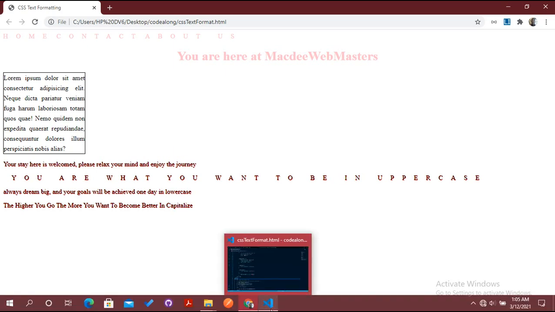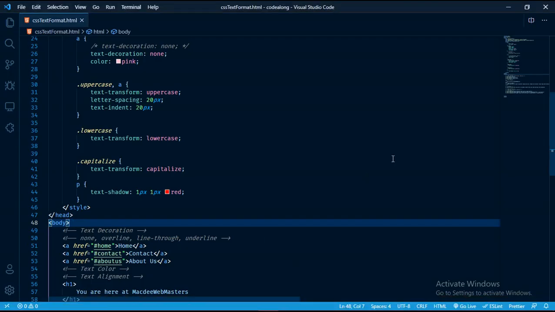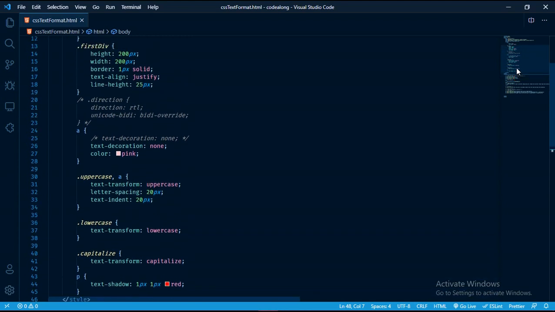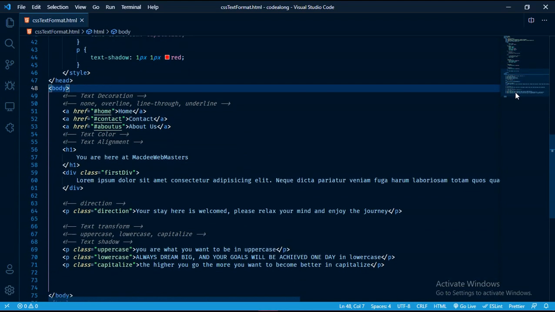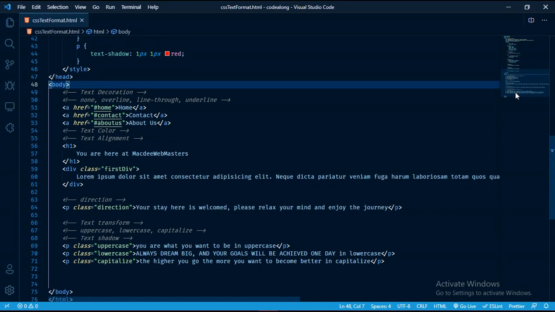Okay guys, so that will be it. That will be all of it. So remember, in this topic we talked about text decoration, adding color to your text, also aligning your text right, left, or center. You also have direction. You also have a text shadow and a text transform. Thank you guys. Thank you for